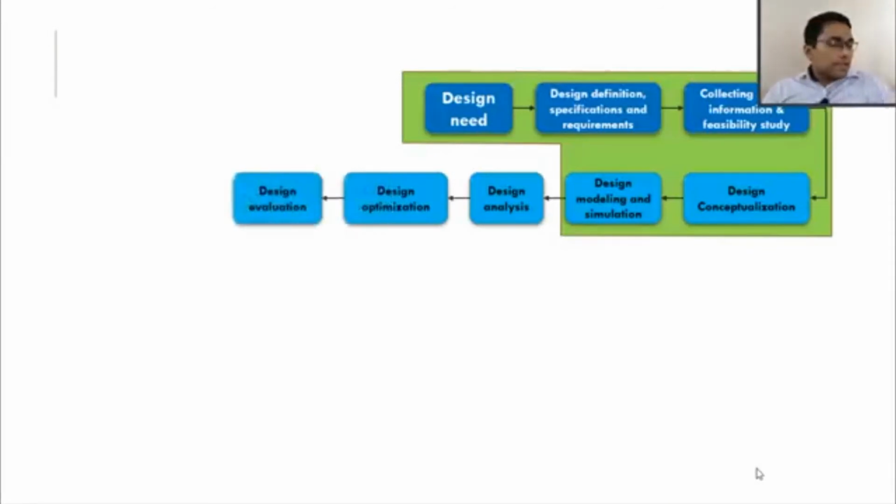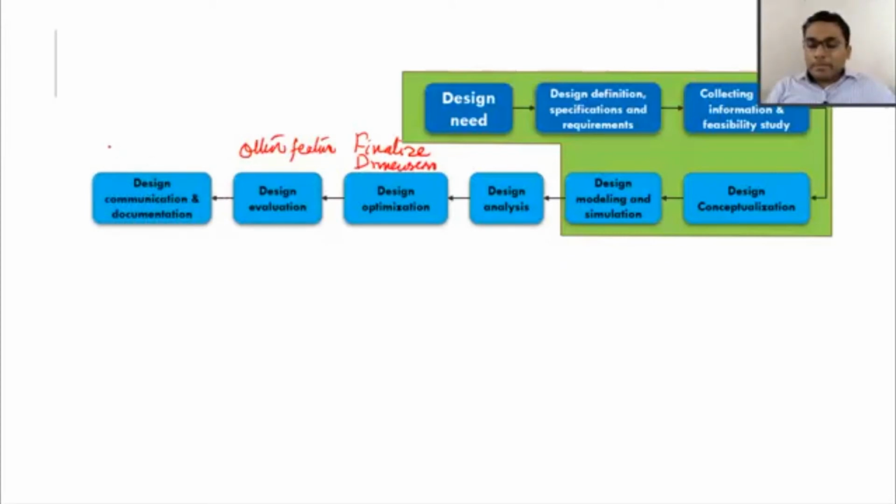So what we do in the optimization process is basically finalize the dimensions of a product, that is, what dimensions we must choose so that it will sustain, and we have to complete the design of the product. And finally we evaluate the design. Design evaluation means that we sometimes make prototypes, or apply some other features, and basically we make prototypes to test it. Finally we make the drawings and different orthogonal views of the product so that we can finalize our product.